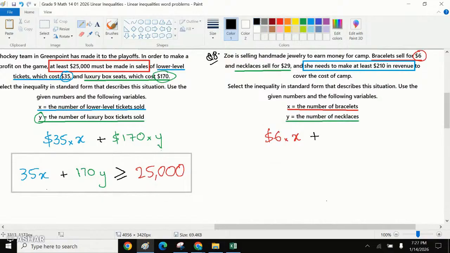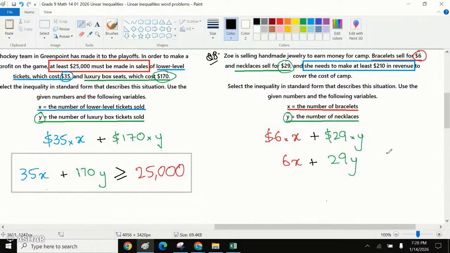Plus, if each necklace had a cost of 29, how many necklaces were sold? There were Y necklaces sold, right? So can we write this in the first part as 6x plus 29 times necklaces? And she is saying that at least